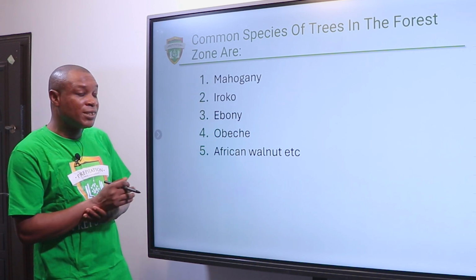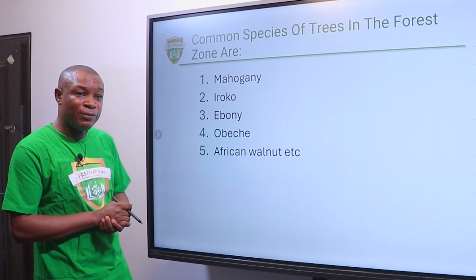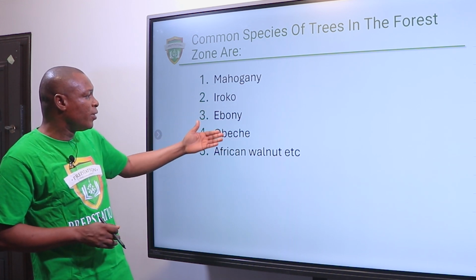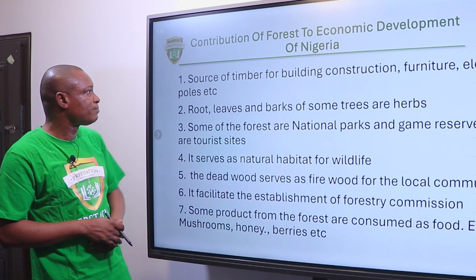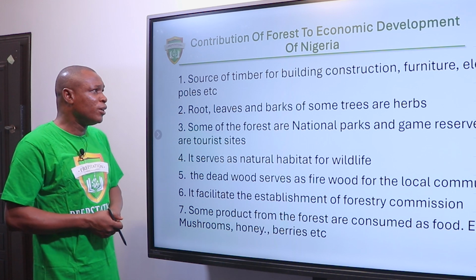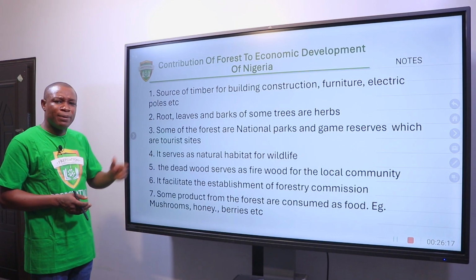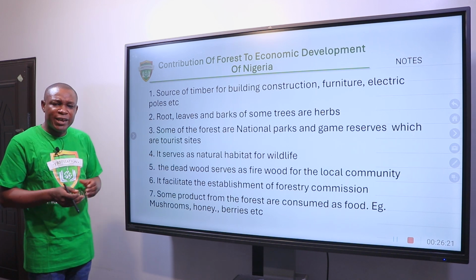This slide discusses the common species of trees that you find in the tropical rainforest: the mahogany, iroko, ebony, ubeche, and African walnuts. Contributions of forests to the economic development of Nigeria. The timber we have, the timber that we use in making